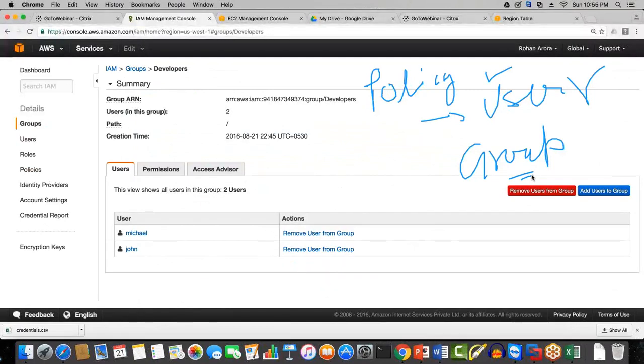Okay, but frankly speaking, I'm not quite sure what will happen if you deny an operation in one group and allow the operation in the second group, and add both the groups for the same user. Logically speaking, it would be chaos or confusion, because in one group we are allowing the access to the resource, in another group we're denying that. So I don't have the answer as of now. We can do one thing. We can just try this one out